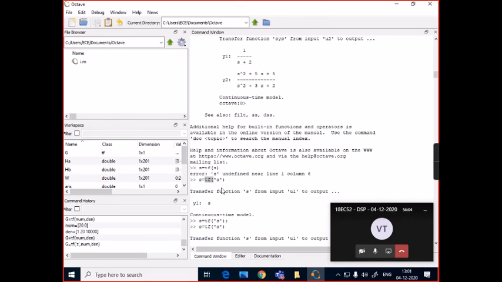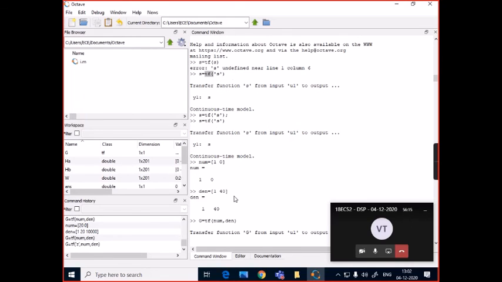There are functions available to calculate the root locus, Bode plot, Nyquist plot, and in the DSP lab we are seeing the functions available for digital signal processing. Go around Octave, which is very useful to understand the theoretical concepts of most of the subjects that you will be studying in electronics and communication engineering.